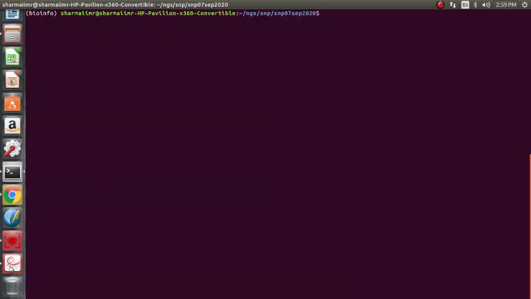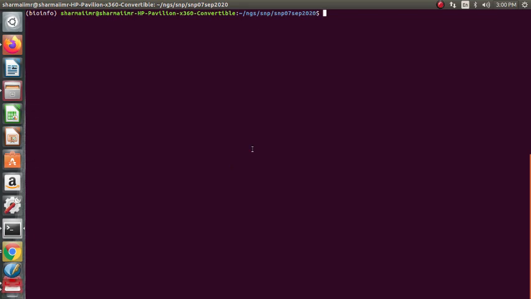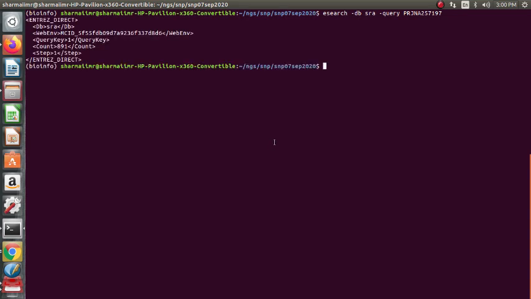Okay, so let us go further. How can you automate downloading multiple SRA runs? So we use esearch -db sra -query, by project number 257197.